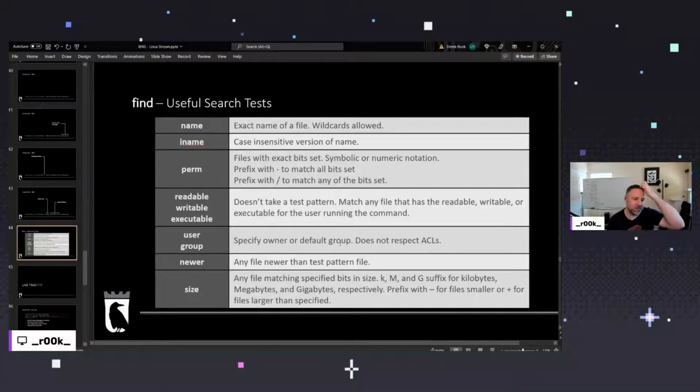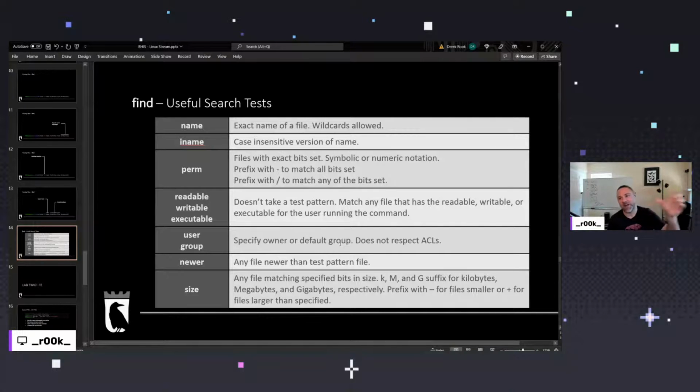Somebody pointed out that locate or slocate needs updatedb or different commands like that. That's true. That's also why they're much faster, because they're only searching a database. They're not searching the file system. But I also find that find is just much more flexible. You can use all of these search tests plus a bunch more. There's a way to execute on finding, so you can do dash exec and then actually run commands based on the matching files and things like that. Just very powerful.